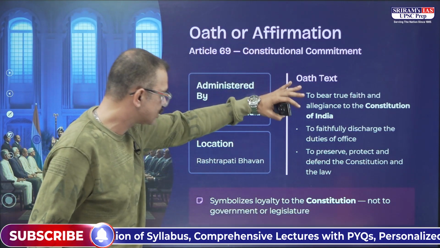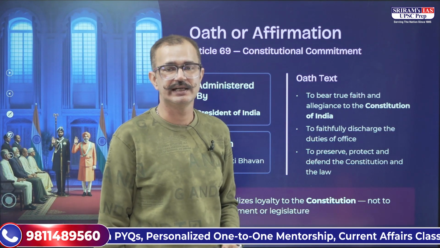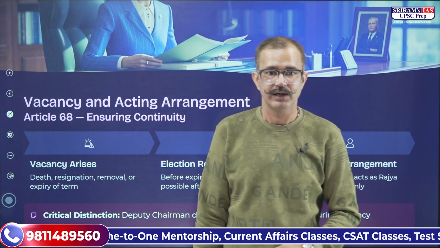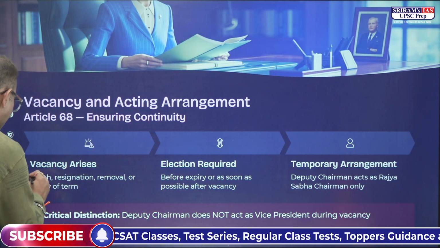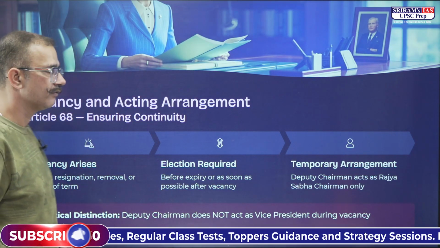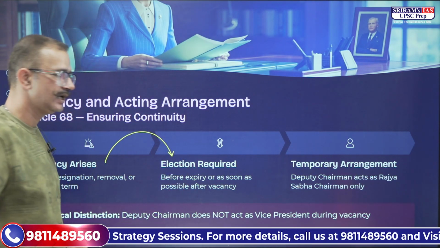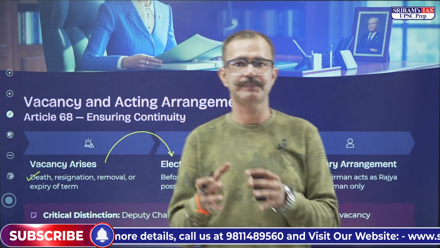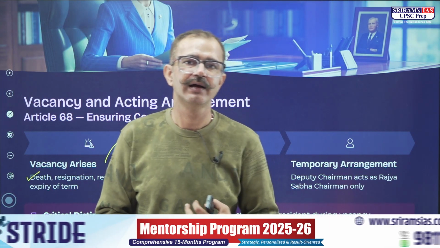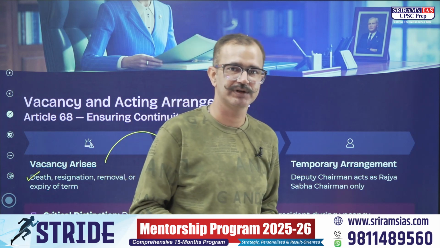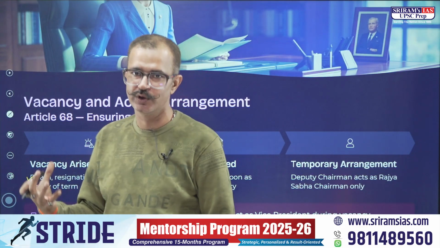So over here, this oath symbolizes the loyalty to the Constitution and not to the government or the legislature for the Vice President. Now, a vacancy may arise because of the death, because of the resignation, even removal, or because of the expiry of the term. Now, over here, please remember that before the expiry, the election must be conducted. But if the vacancy is because of the death, removal, or resignation, that is before the expiry of the term, if the Vice President dies or he resigns or at the same time he is removed from his office,